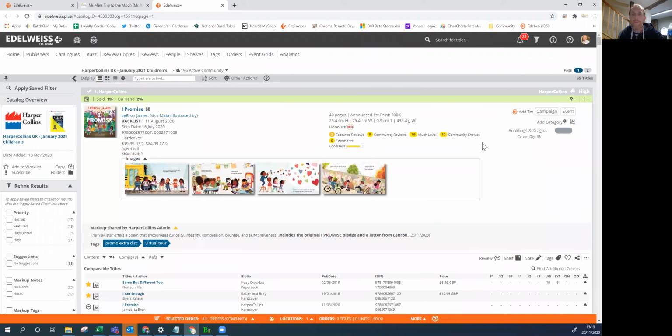Now, let's keep it simple. Did I go a bit complicated there? I hope not. So what we need to do is create an order to start adding books that you've decided you want to buy on. So this orange bar at the bottom is your basket that you currently have selected. Now I don't have any basket selected at the moment,